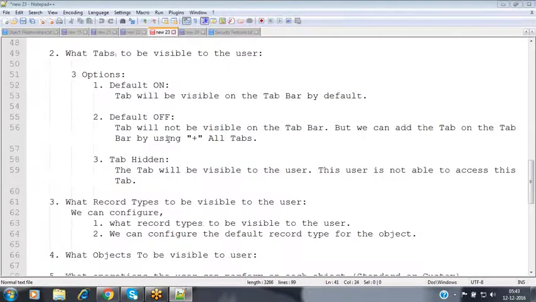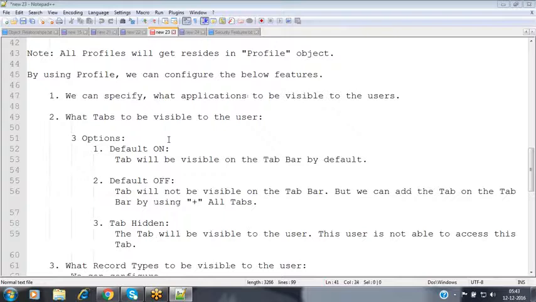And we discussed that by using a profile, we can restrict or grant which applications are visible to a set of users who have been assigned to that profile.